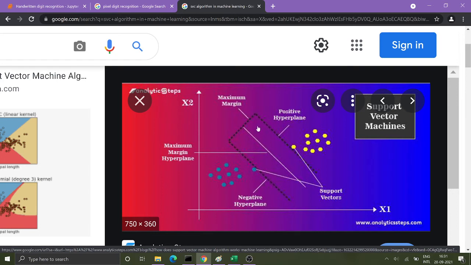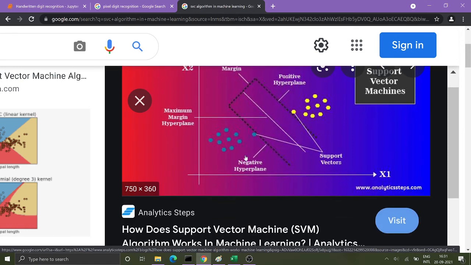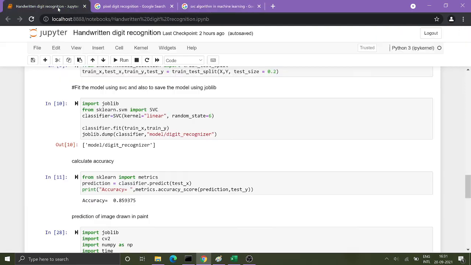The distance should be equal from this side and equal from this side as well. This is called the hyperplane, this is the positive one and this is the negative one. So this is the SVC basically.